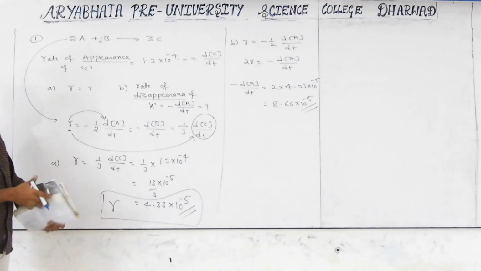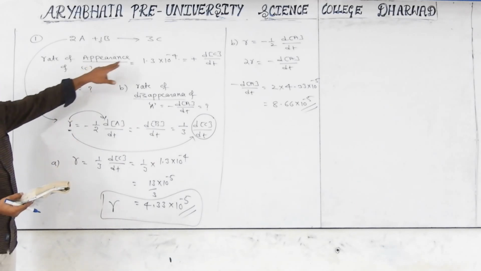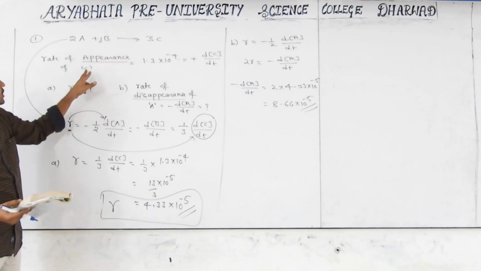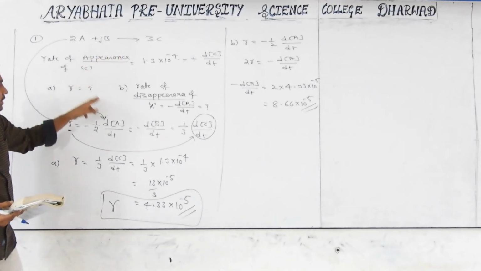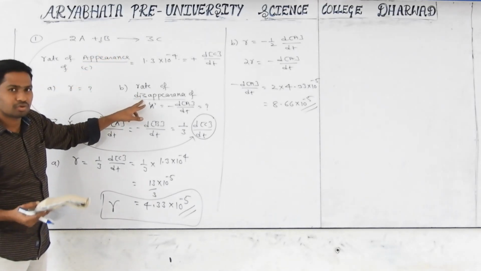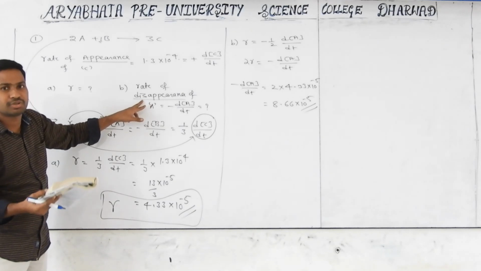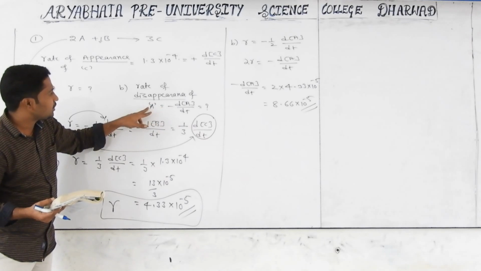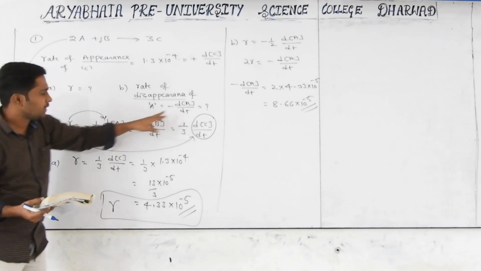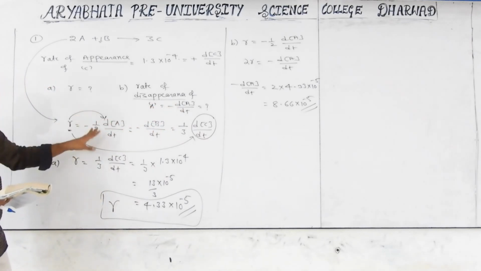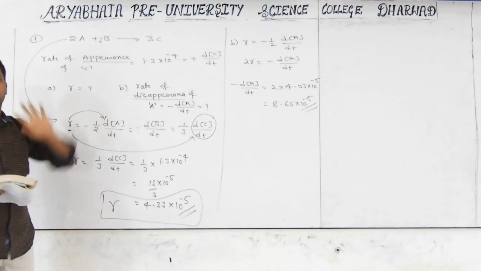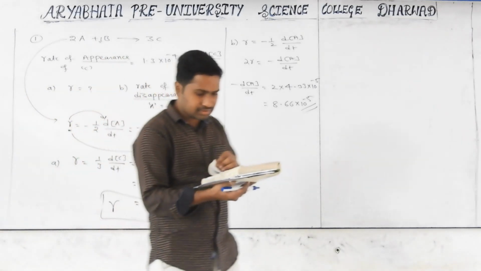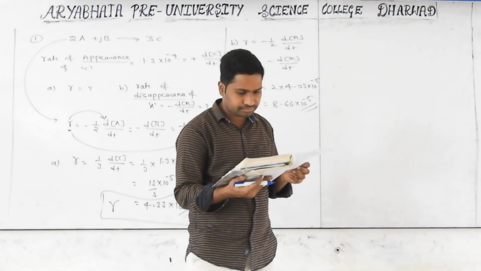The very important point: appearance or formation is a plus because it is a product, and rate means change in concentration of C by time change. And if he asks the rate of disappearance or decomposition, all the same meaning, it shows minus, change in concentration of A by time change. Based on the given information we can equalize any two terms and get the information. Perfectly? Yes. Next, let us see some other programs.